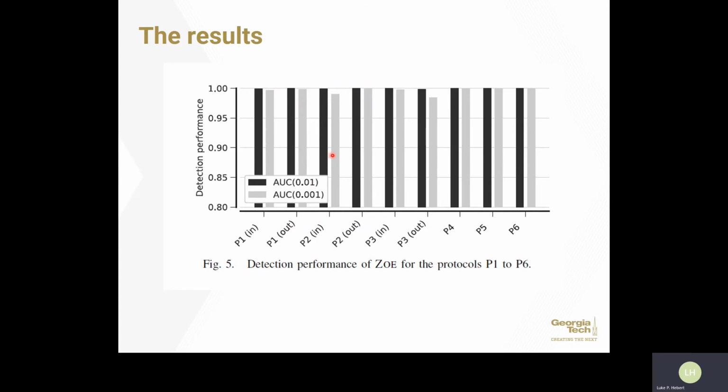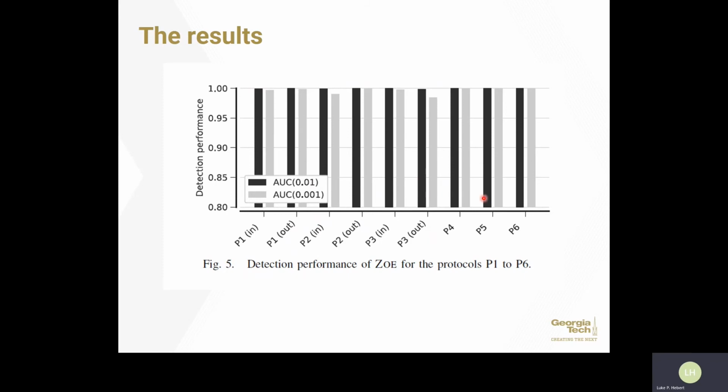However, there could be some exceptions here for protocol 2 in, for protocol 3 in. You see here that whenever we shifted the bound for false positive rate from 1% to 0.1%, we did get a non-negligible reduction in true positive detection, maybe down to 97 here and 96 here, or somewhere around there. Anyway, it's non-negligible.